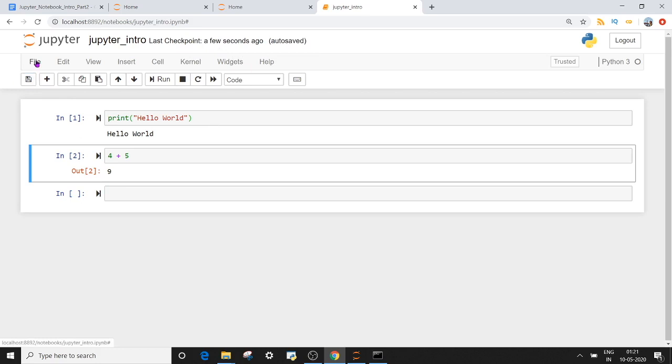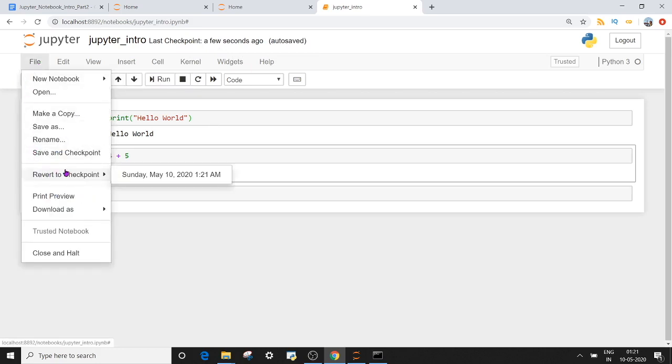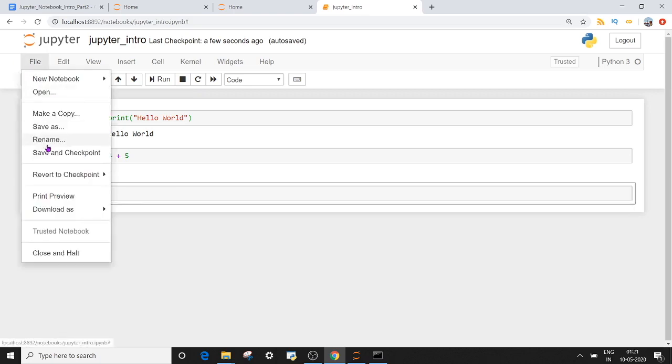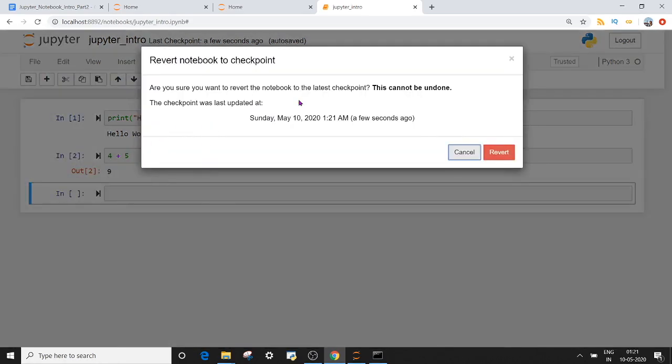So if I want to revert back to a particular version, I have to go to my file option, revert to checkpoint, and I can revert to this particular version, right? Let's say by example, by mistake, I deleted some cell blocks which I cannot get back now, right? So I will go to file, go to revert checkpoint, and I will revert back my notebook to this particular version. It will ask you for your permission, and the important thing is this cannot be undone, right? So it only saves one version of your notebook. Once you did it, that's it. You cannot get back your current code, right?